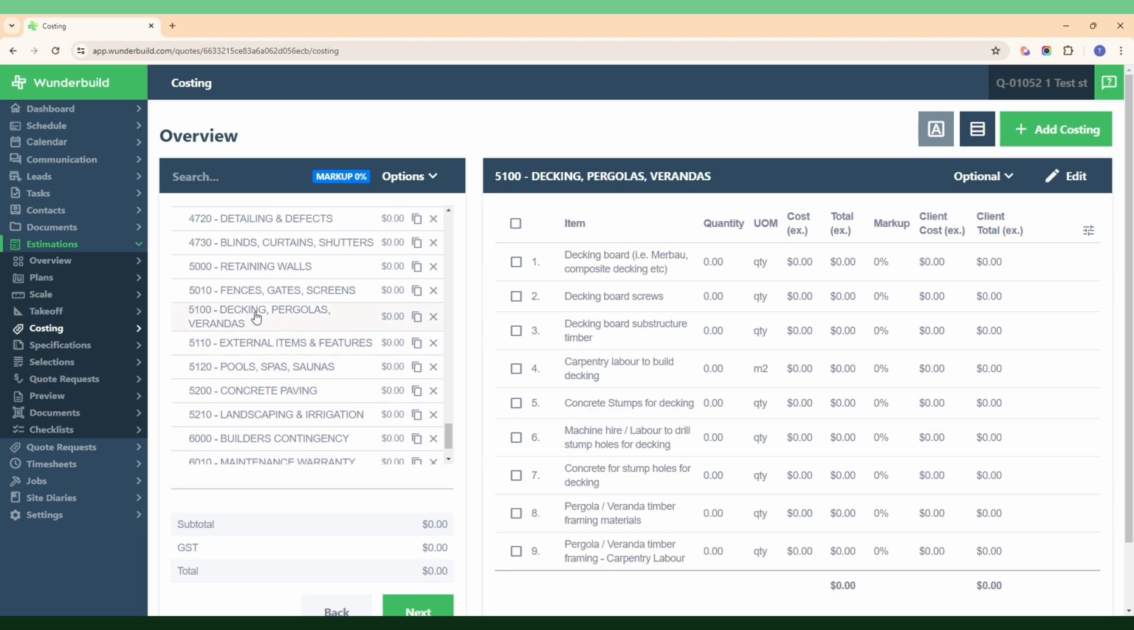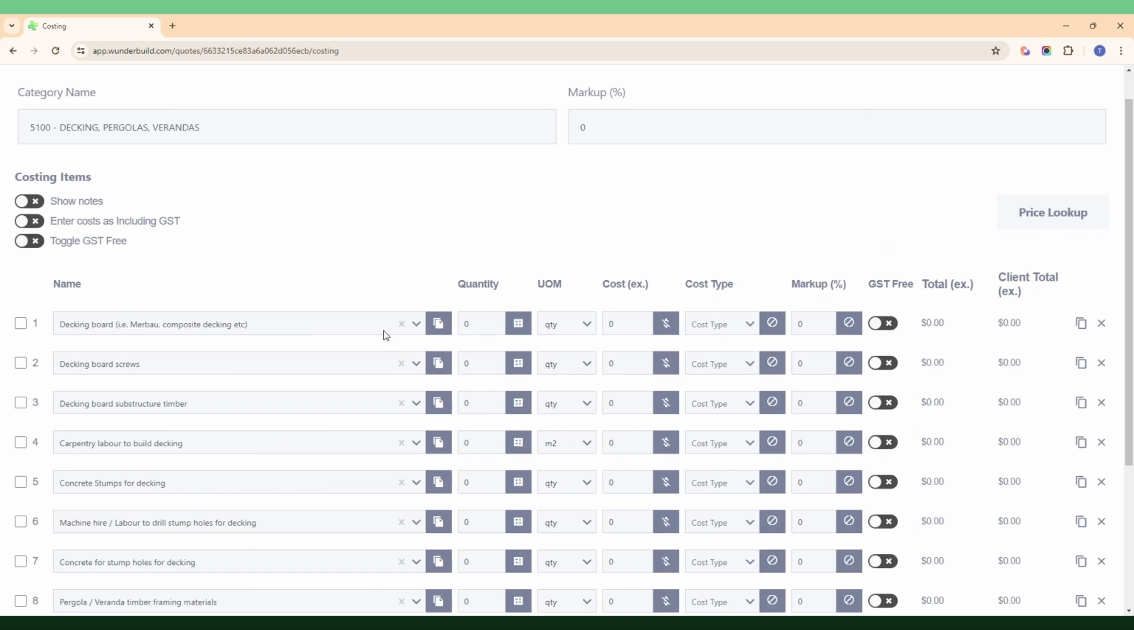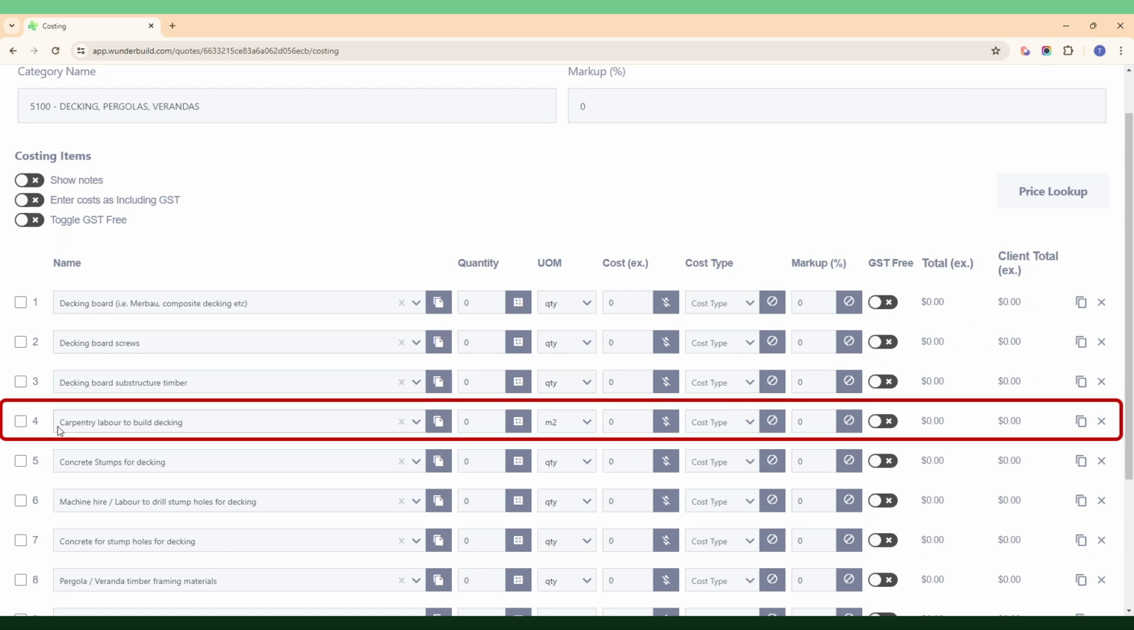that particular line item, and let's just say we want to measure a deck for how many square meters there was, so we can work out a labor rate. So let's just do that one as an example. So we'll go to this carpentry labor to build decking,